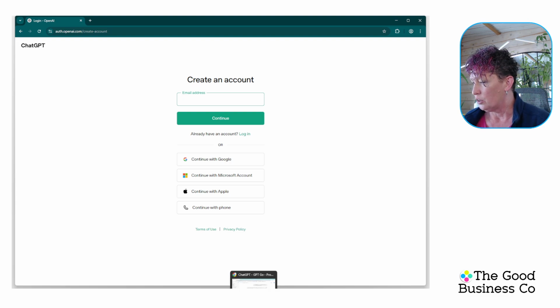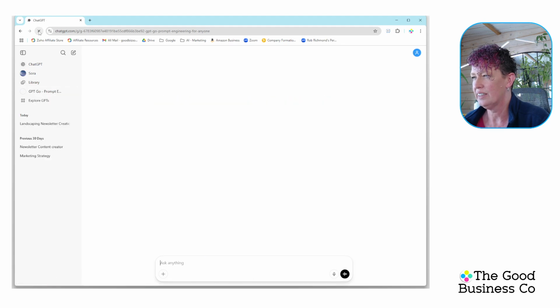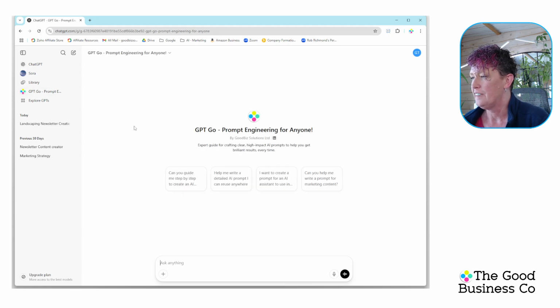And then you will be left with, let me just bring up, this is a previous example. Once signed in, if I go back to the GPT prompt, if it's going to give it to me, new chat, try that again. Don't you love it when technology works? There we go. So once you're signed in and you use our link, this is where you come to, and this is about prompt engineering for anyone. So it's about being super specific on what you want GPT to give you